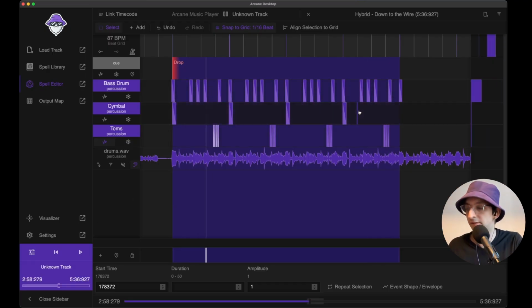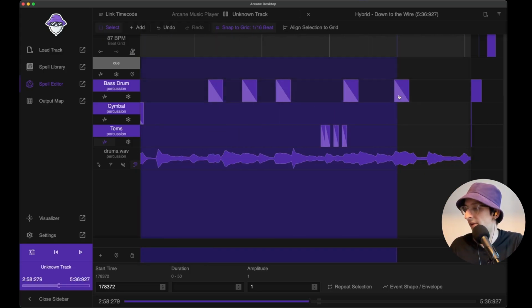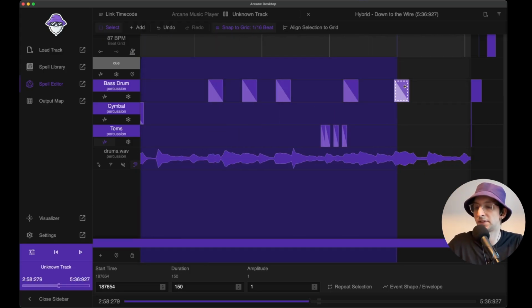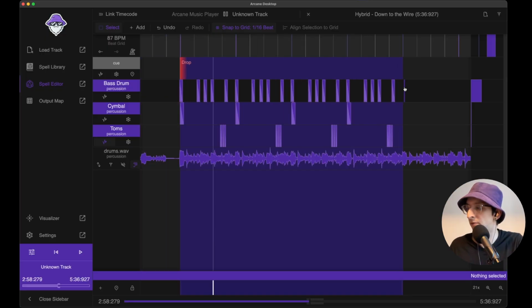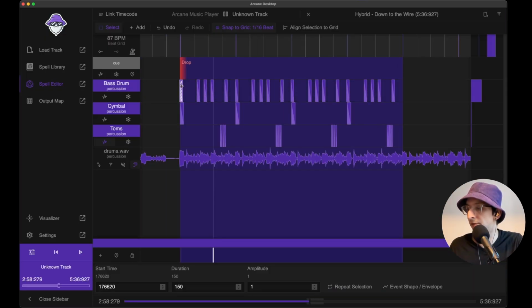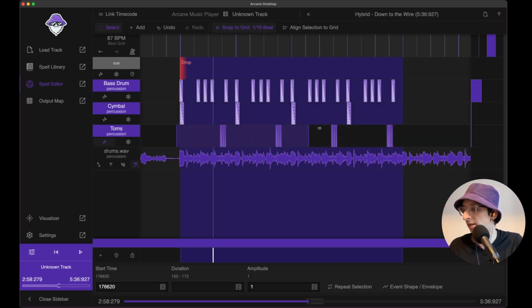Okay, that looks pretty good. So what I want now is to repeat all of this section every 4 bars for the next 3 sections. So I see I have an event here that's slightly out, so I'm going to delete that one because we have the beat already at the start of this bar, so we don't need it there. I'm going to select these events here,